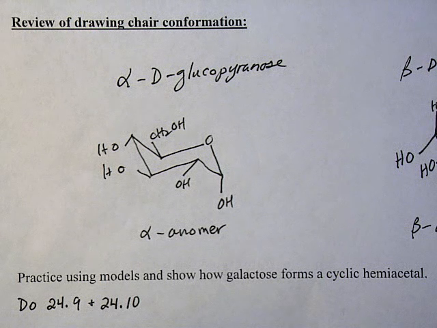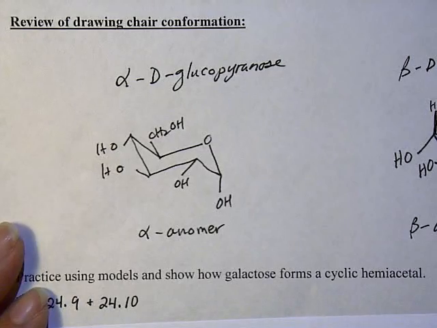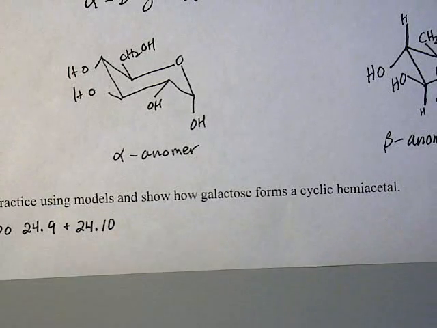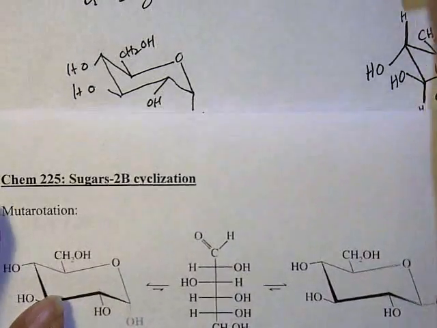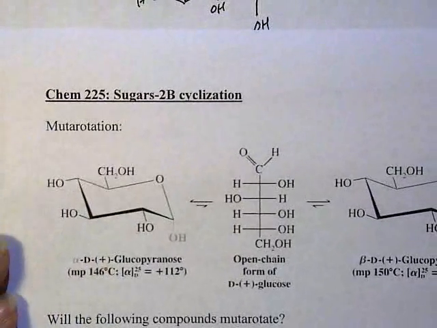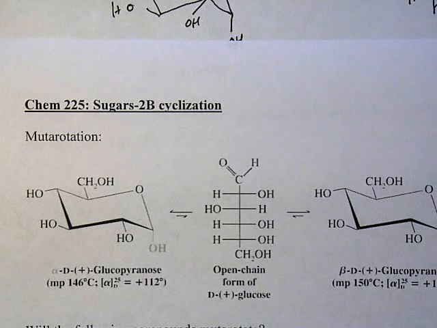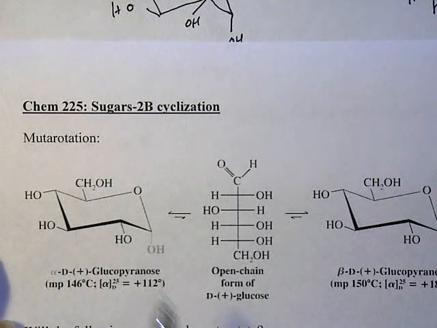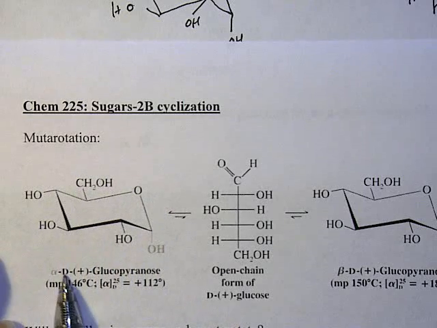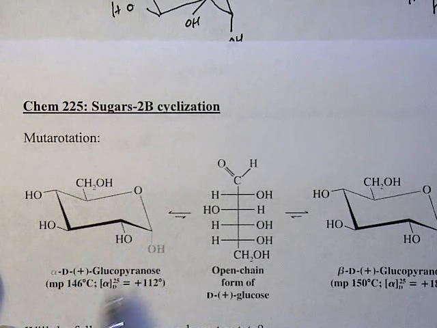Now, the next topic that I want to go over is something called mutarotation, and that's in the next handout. And what you see in there is, as the name indicates, mutarotation. Mutate means changing, and the optical rotation is what the rotation is referring to. All right, so what happens in laboratory is that if you have 100% pure alpha D-glucopyranose, you'll see that the